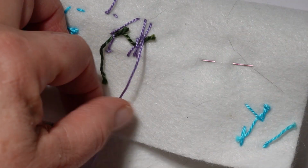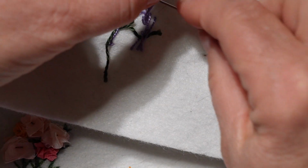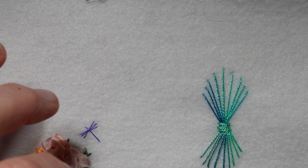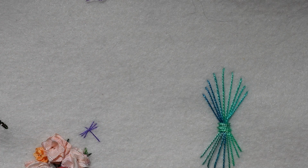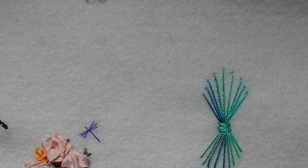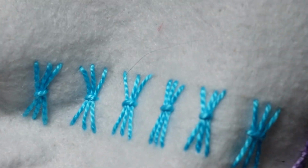First, I'm going to knot off my thread here. And for the dragonfly, I'm going to use the 1/16 inch flat ribbon, which I showed you last week, it's from Quilting. And it comes in a lot of different colors. We are going to use a metallic green. So I make my sheaf stitch same as before. So three lines. Now,